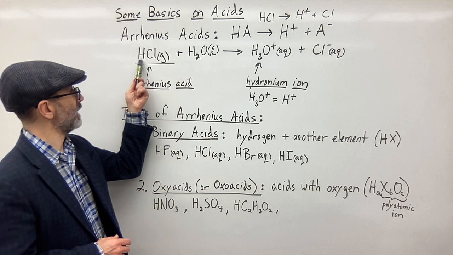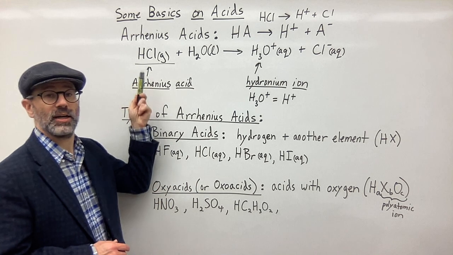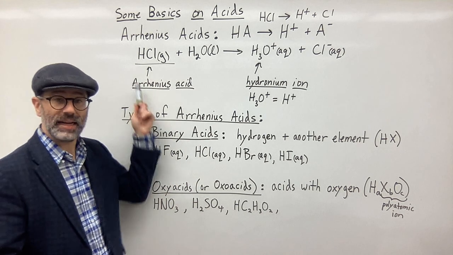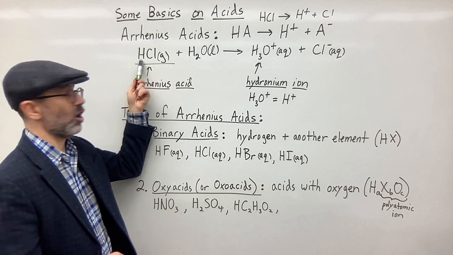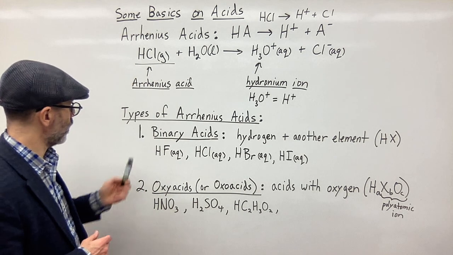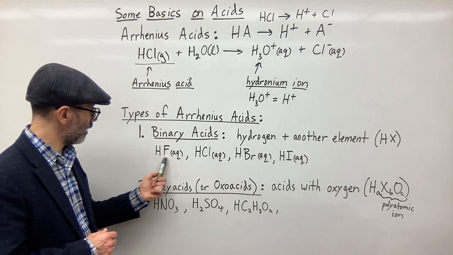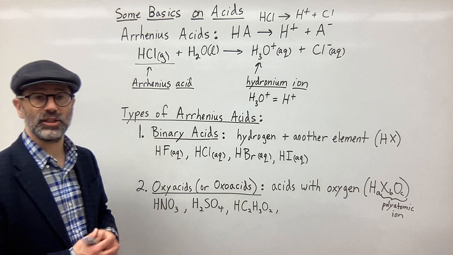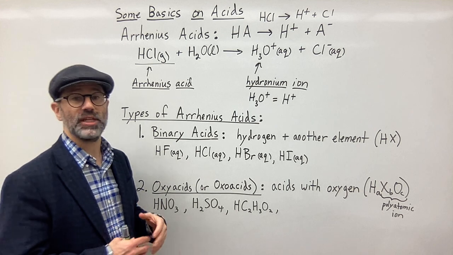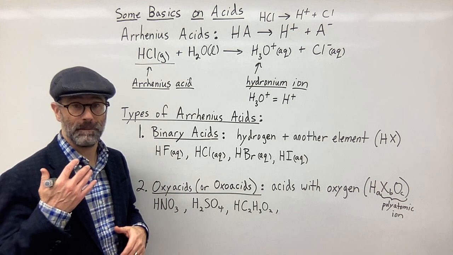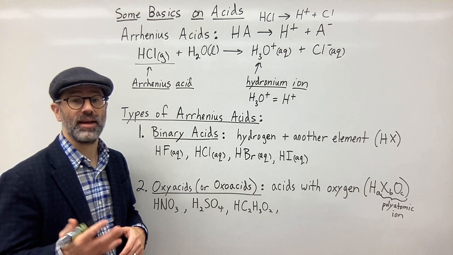So here I have HCl. This H here is the only H in the formula. It's written first. That's going to come off. That's what we call the acidic hydrogen. So here we have HF. H is written first. That is your acidic hydrogen. So normally if you see a formula and it has H written first, that's usually a big giveaway that it